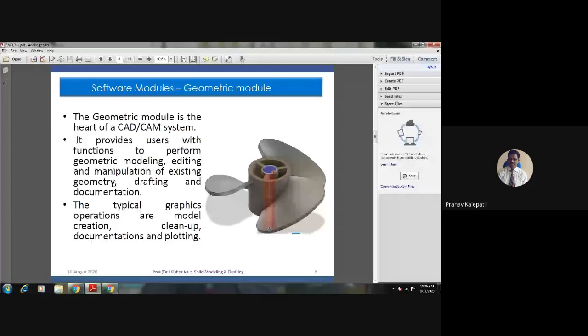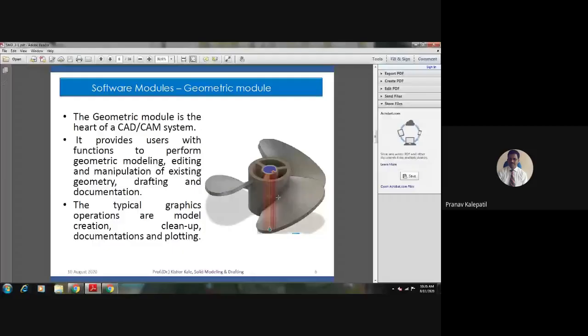Now you have this fan model with you. The top view, front view, side view, even sectional views can be taken directly. Any type of drawing can be created with the click of a mouse on a button. That is drafting.